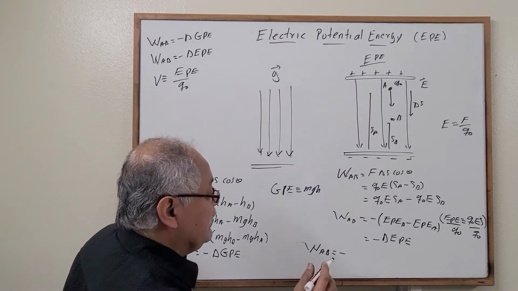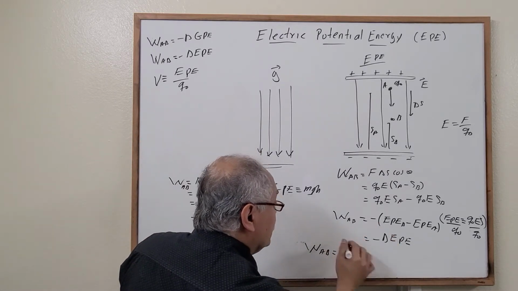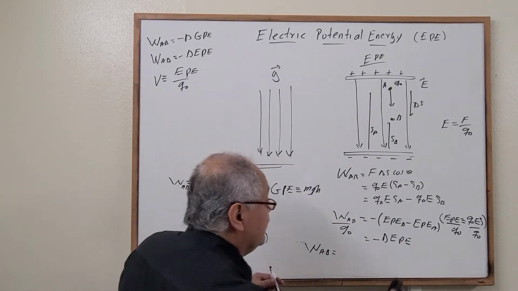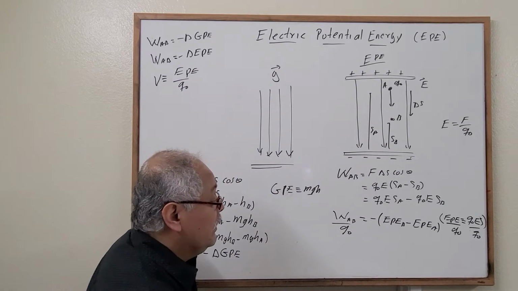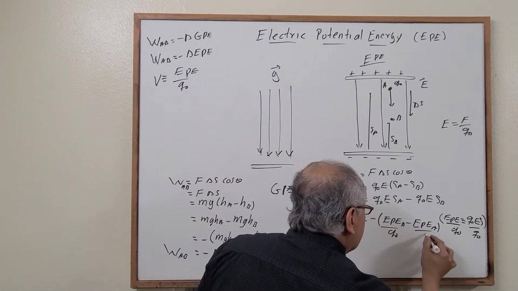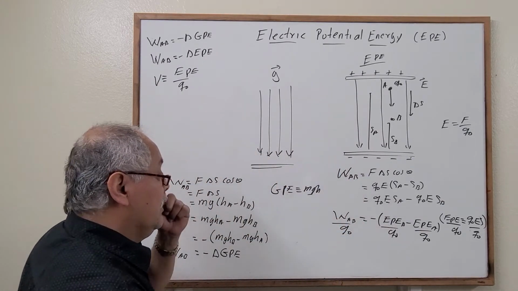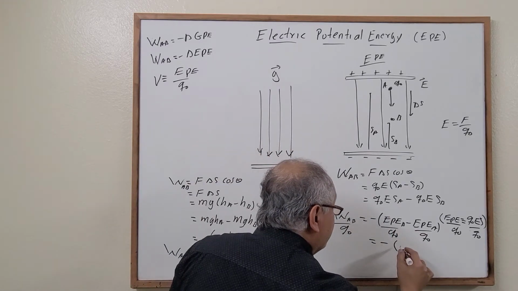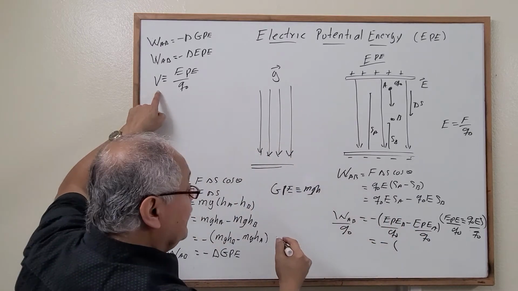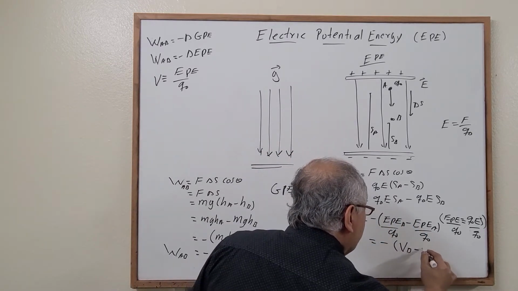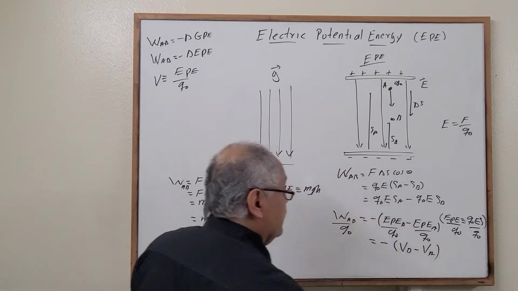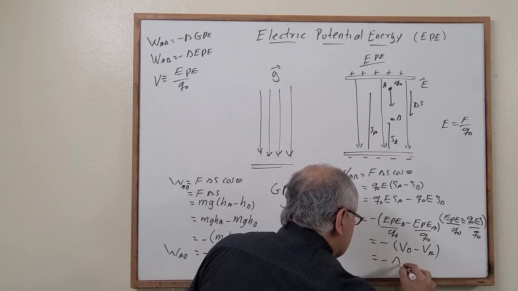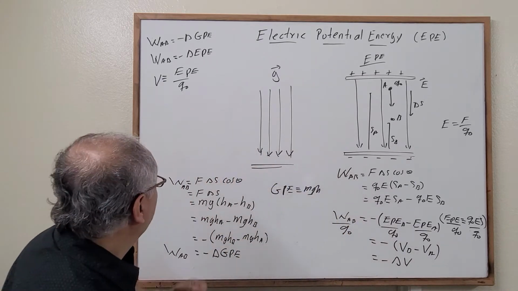What happens if we divide this? Divided by Q naught right here, correct? Divided by Q naught and divided by Q naught. But what is this? This is equal to negative, what is this quantity? It's going to be V at point B minus V at point A. But what is that? That's the change, correct? So it's equal to the negative change in the electric potential,